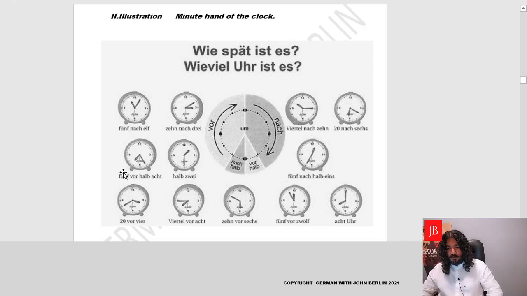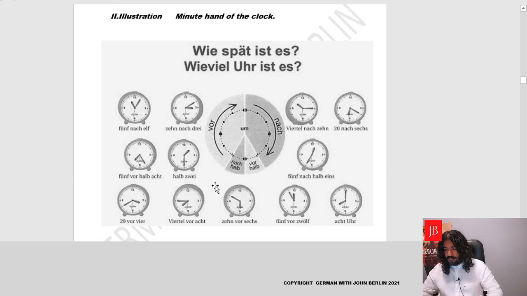So we'll get back to the clock we skipped. That says 5 vor halb 8. Now we have a new preposition here: vor, just like in English, before. So nach is after, vor is before. So here we see 5 before halb 8, half 8. What is half 8? It is 7:30. So 5 minutes before 7:30, as you can see in the clock, it shows 7:25. Perfect. So if someone says, treffen wir uns 5 vor halb 8, we meet at 5 before 7:30,